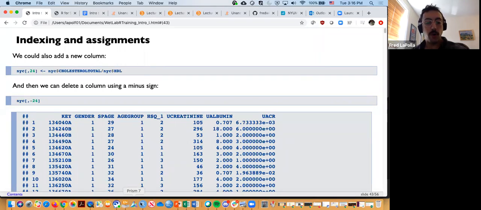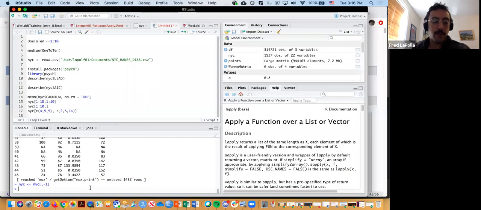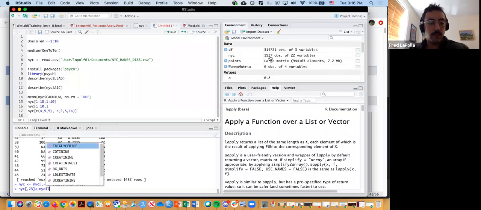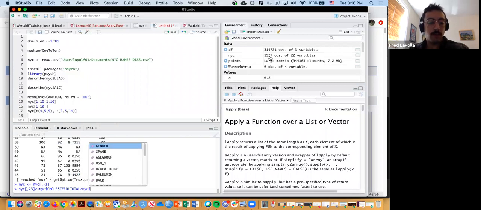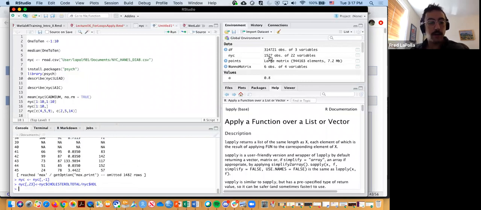So what we could do is we could go over, and let's go ahead, why not? And I could say NYC, so currently there's actually only 22, so we could say, for the sake of argument, 23. I can assign into that currently not existing column, we could say NYC dollar, if I start typing cholesterol total, divided by NYC dollar, what was it, HDL. And when I hit enter, it doesn't look like much has happened, but if we look again up here in the upper left, now we have 23 variables. And if I wanted to do summary